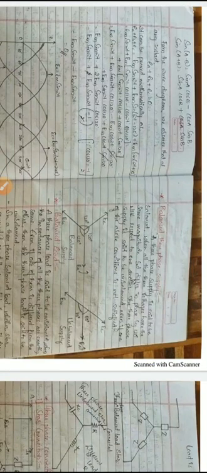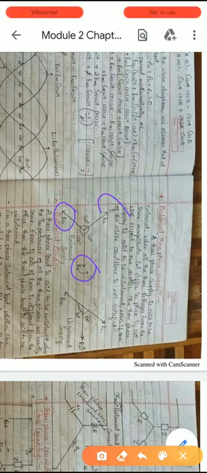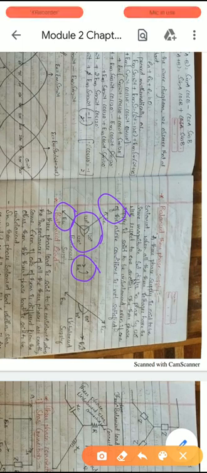As I already told, a three-phase power supply consists of three different EMFs, each separated by a 120-degree phase shift, right? So if each is separated by an equal phase shift, then those kinds of power supplies are called a balanced power supply. If the phase shift varies from one EMF to another, then that kind of supply is called an unbalanced power supply, right?